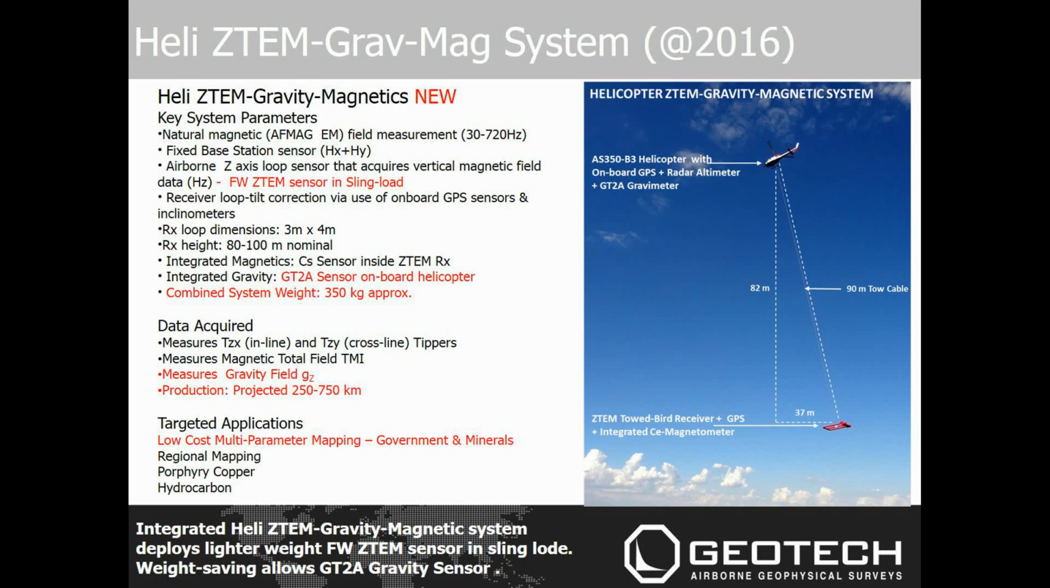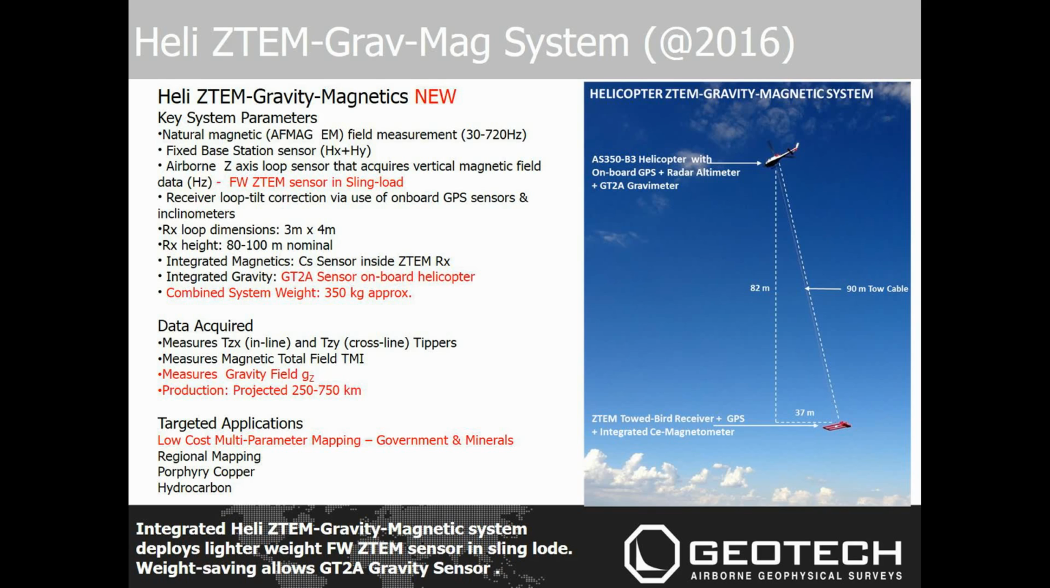So here we are introducing our new integrated helicopter ZTEM-Gravity-magnetic system that was implemented February of this year. The system features an onboard GT2A airborne gravimeter and also deploys the ZTEM towed bird EM receiver and integrated cesium magnetometer as a sling load. So the 350 kilogram combined weight allows all three sensors to be flown using a standard A-Star B3 aircraft,